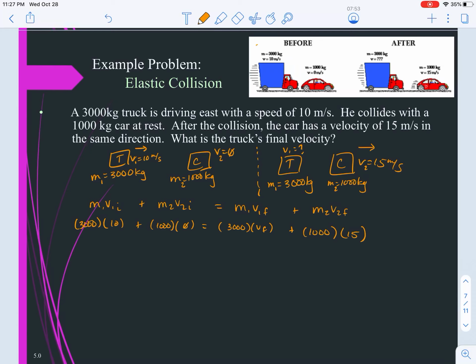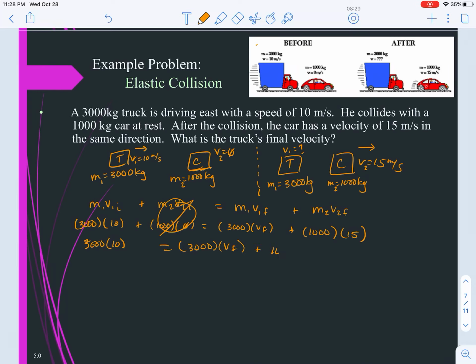Okay, so when we plug our numbers in, we should see that this car initially had a velocity of 0. It had no momentum. So either in the writing the equation step or in the substitution step, you should recognize that we have a momentum of 0 for our car. So this whole thing just becomes a value of 0. So I have 3,000 times 10 equals